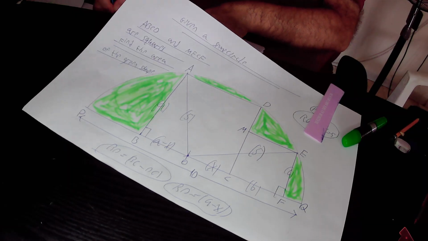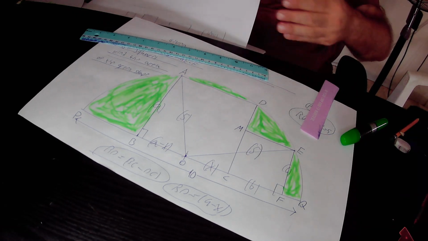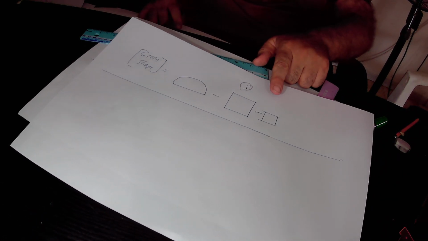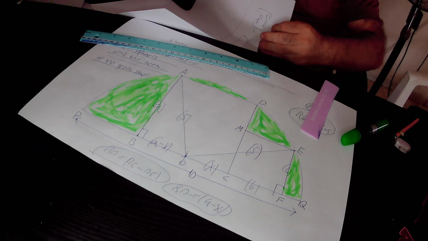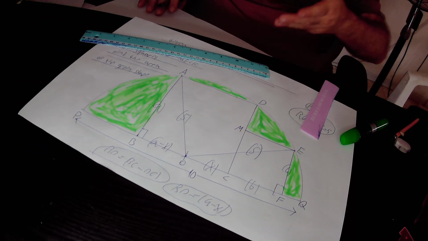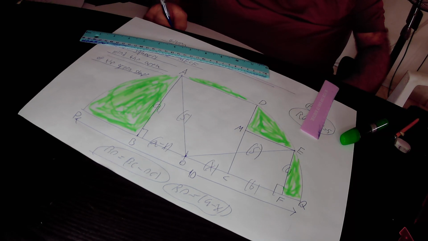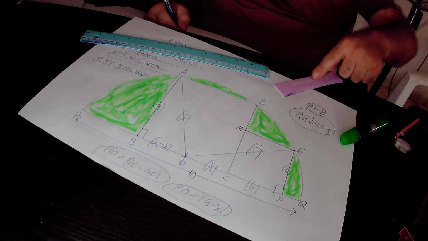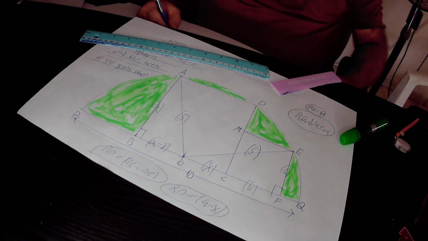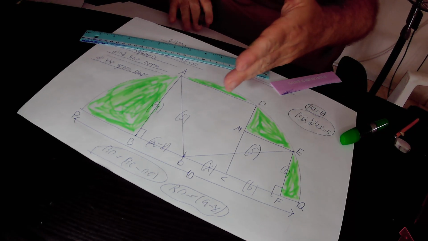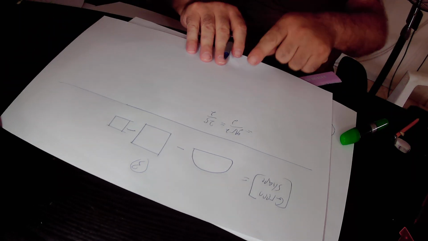Repeat again. We actually found out that the area of this green shape is equal to the area of the semicircle minus the area of the big square ABCD minus the area of the small square. The area of the semicircle equals the area of the circle over 2. That is to say, it is equal to pi r squared over 2. But the radius of this semicircle is 5. Radius equals 5. So pi r squared over 2 is pi times 5 squared over 2, that is 25 pi over 2. So in total, we found out the area of this big semicircle is equal to 25 pi over 2 square units in its size,